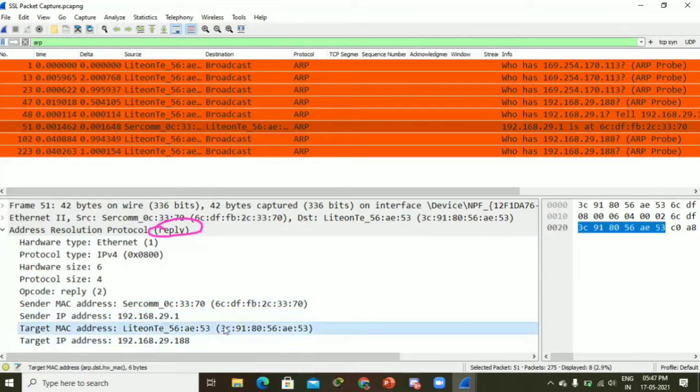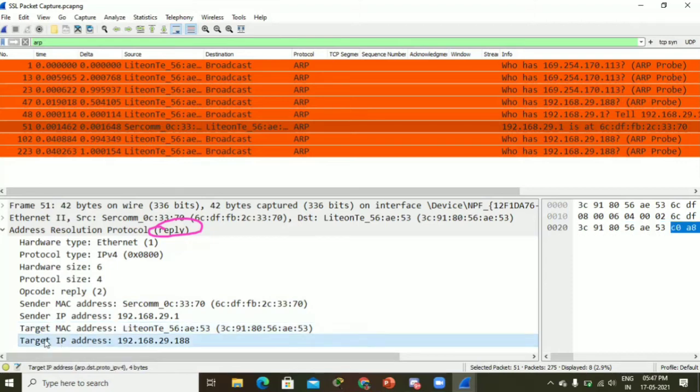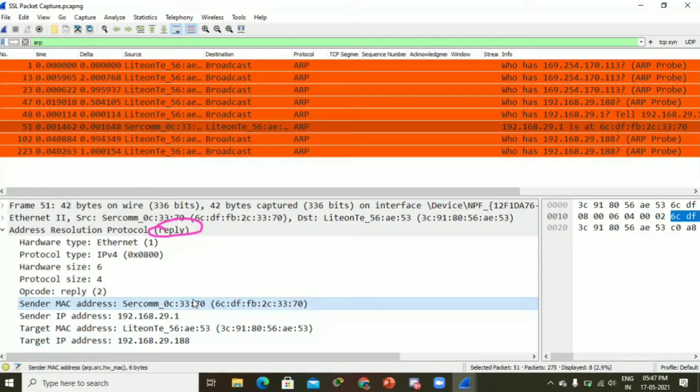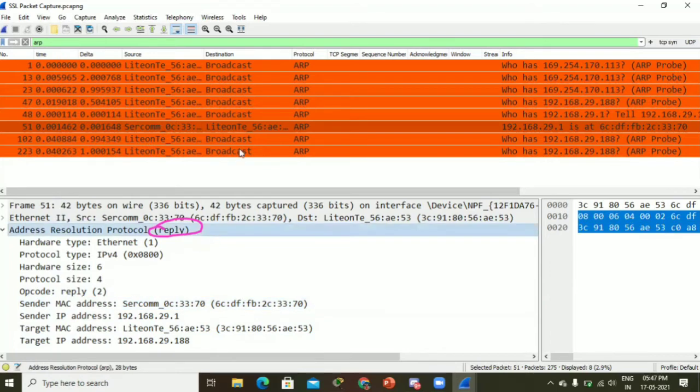Target MAC address, which is the MAC address of the PC, the laptop, and target IP address, which is 29.188. I'm the receiver here. So the sender is the default gateway, and the receiver is me. So that covers our request and our reply.